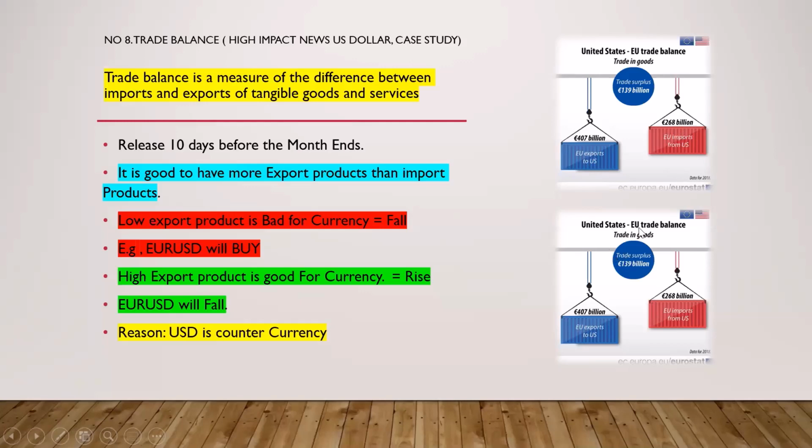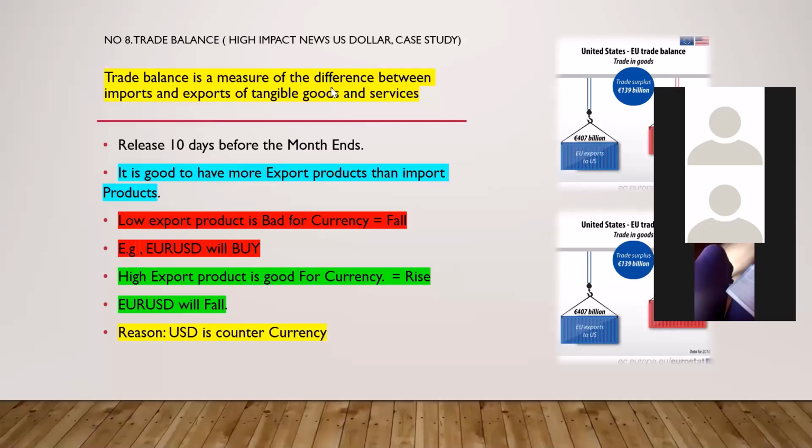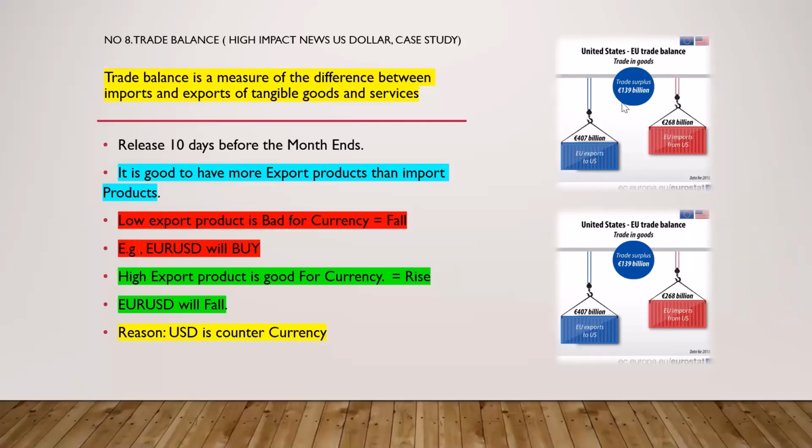United States and the EU trade balance here, you can also see the same measure here. You can see the difference here. The EU has a trade surplus of 139 billion euro. They have a surplus of 139 billion euro because what they export to United States is higher than what they import from United States. Now, with this analysis now,